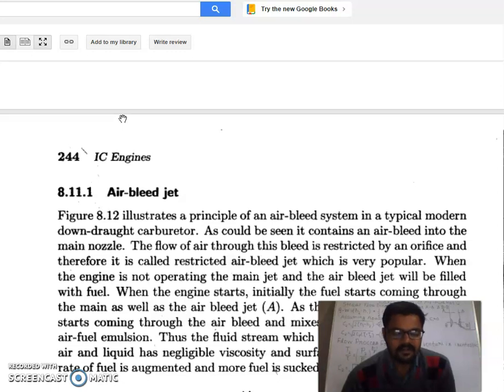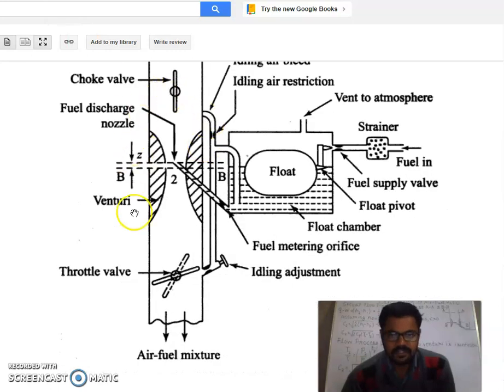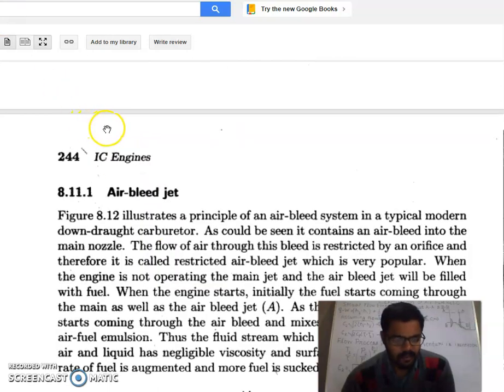However, the tendency of a simple carburetor is to progressively enrich the mixture as the throttle starts to open. The main metering system is not sufficient to take care of the needs of the engine. So this is your main metering system. It can't fulfill the requirement of our day-to-day life engines. So we have to use some compensating devices. A number of compensating devices are in use. We will discuss them one by one in this video lecture.